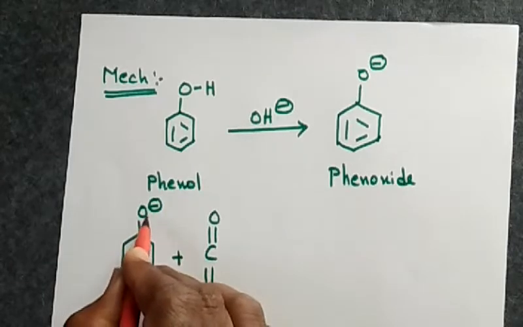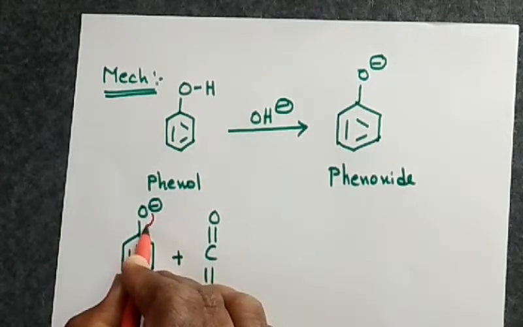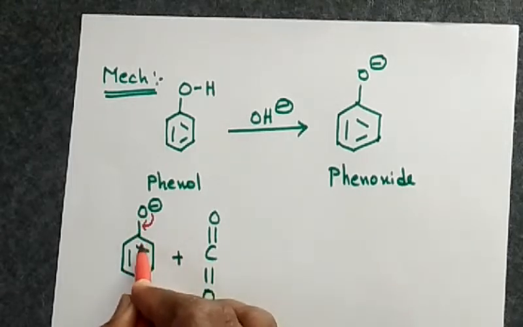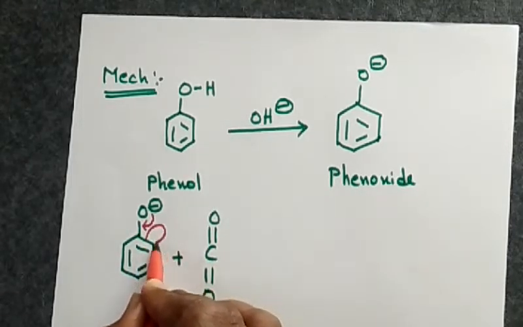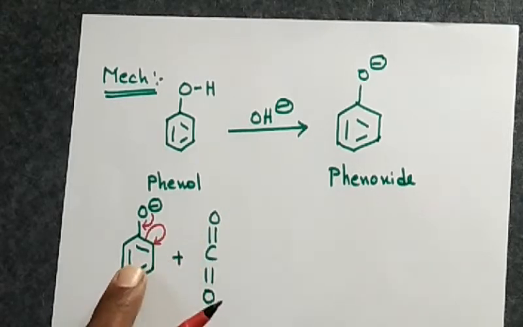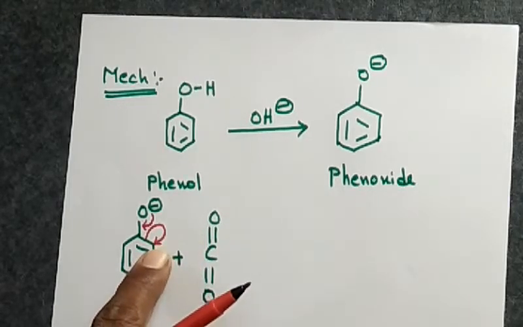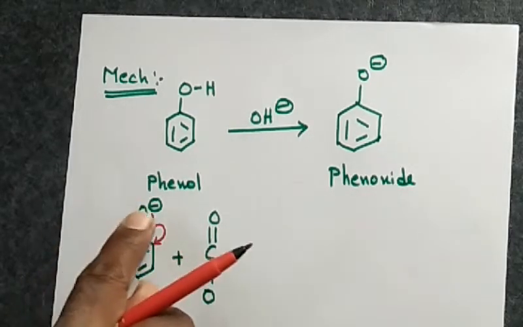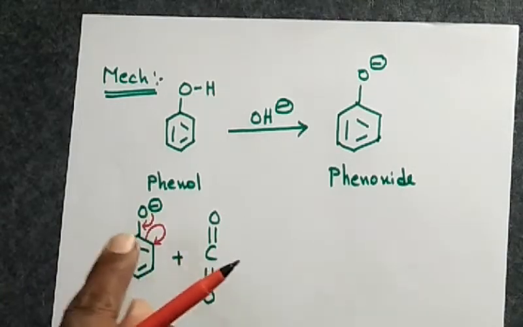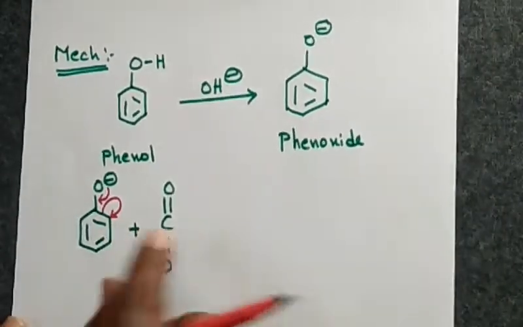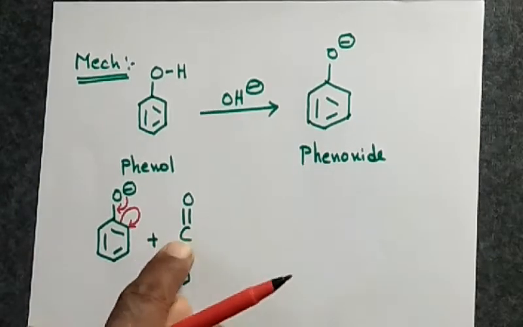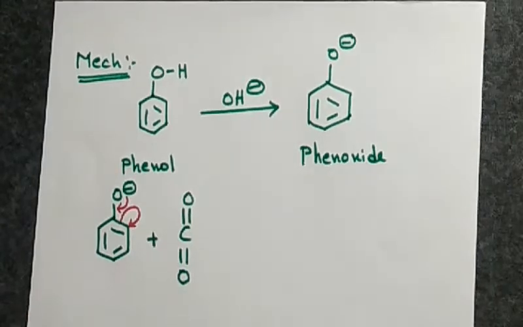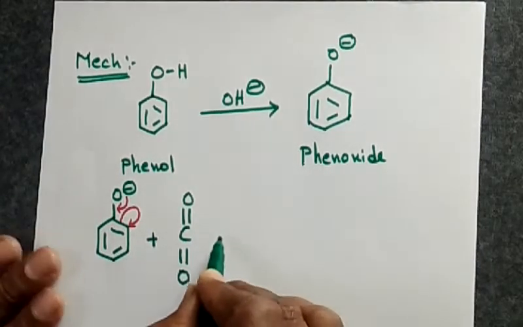For that thing to happen, what happens is, this negative charge on the oxygen is coming in between oxygen and the carbon, and this pi bond completely transfers onto the carbon. Then what happens, dear students, it would become a carbanion, a better nucleophile than the phenoxide ion, which has the negative charge on the oxygen. So this thing will happen. So first of all, before going to get combined with this carbon of the CO2, the carbanion formation, please observe all of you. Then we'll proceed.